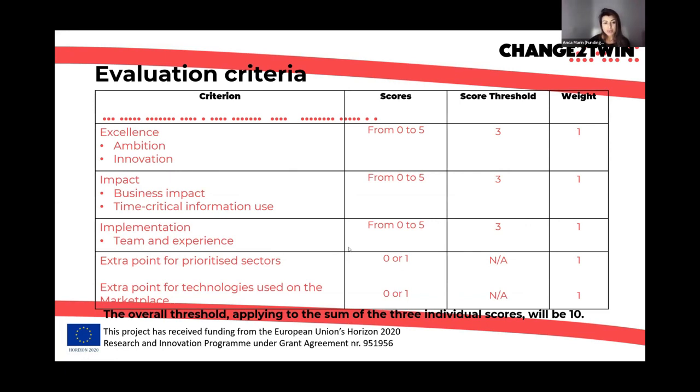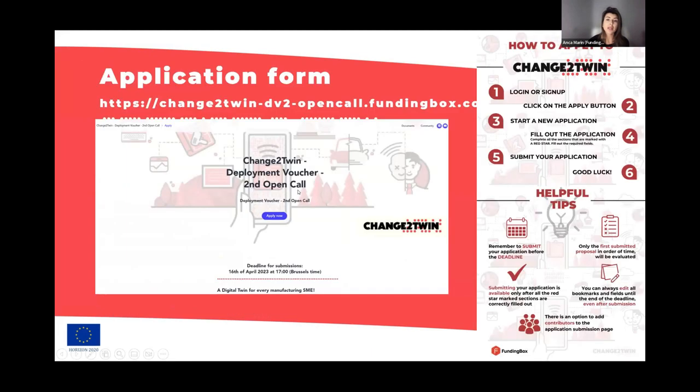We provide 2 extra points, one for prioritized sectors such as construction or metal, and 1 extra point for those applicants who are using technologies that are available in our Change2Twin marketplace. This can happen even with the technology providers that you already know and agree to work with, and you can suggest them to apply to register on the Change2Twin marketplace and get this extra point by the time the evaluation starts, if they register. So maybe Dalia, you can share in the chat the link to the microsite for this